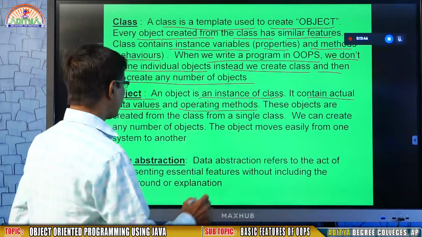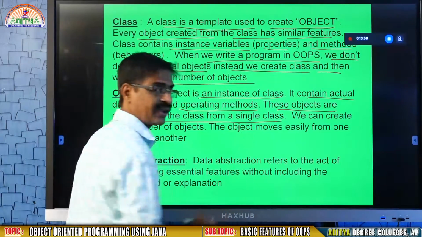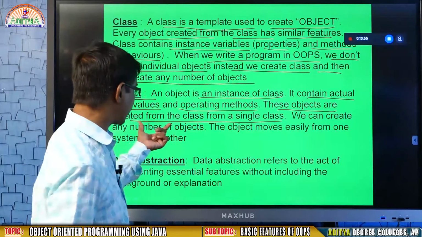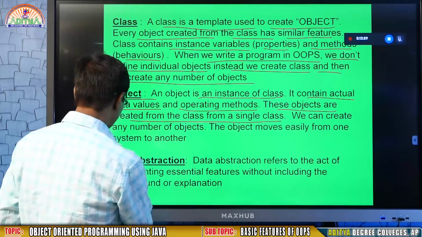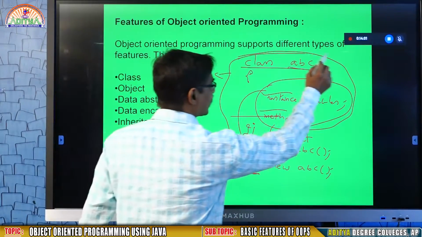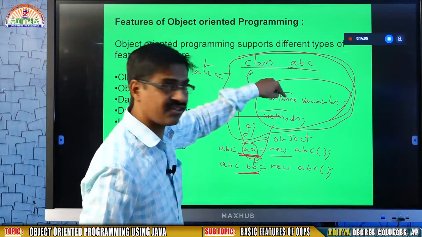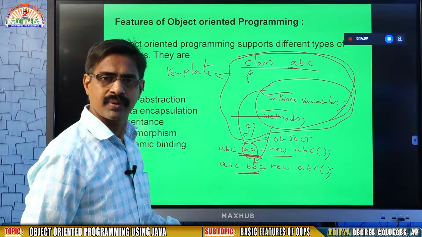So that's why at runtime the values are stored in the object. These objects are created from a single class. As I told you already, from a single class you may create any number of objects. Whatever content is there in the class, everything is copied into AA and BB.